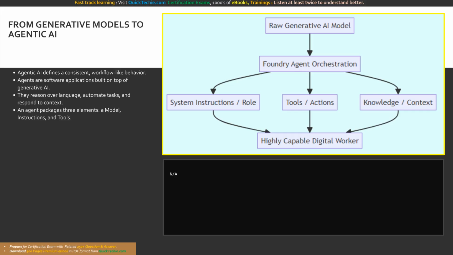portal. Before we click a single button, we must understand a fundamental architectural shift, moving from raw generative AI models to agentic AI. When you use a generative AI model on its own, like a raw GPT-4 or Claude deployment,